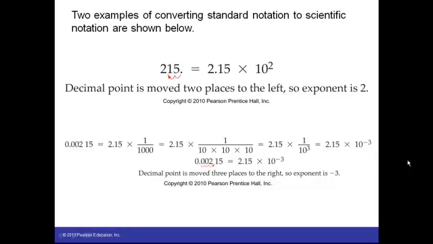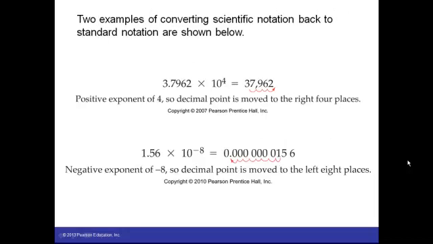That indicates that if we're putting this back into standard notation, we would have to move our decimal place back to the left and recover our small number. These are just some more practice samples that you can do. Again, if we're going to convert this number back into standard notation, the +4 indicates that it's a large number, so we're going to have to move our decimal place to the right and make this a very big number. So we move it 4 places, and we end up with